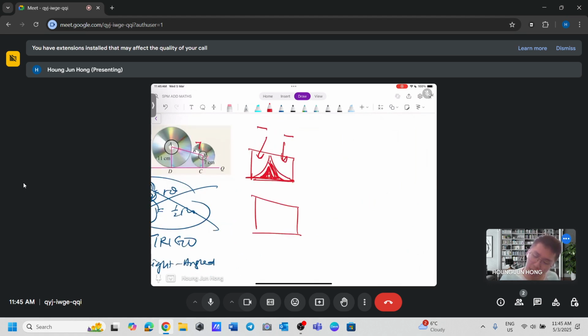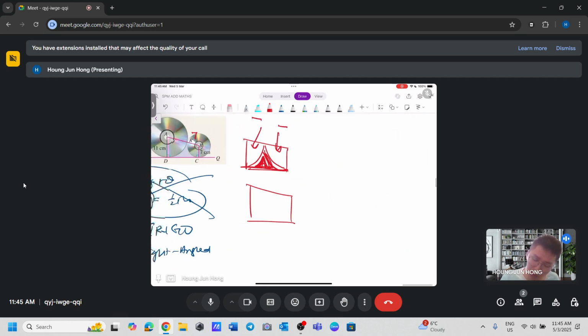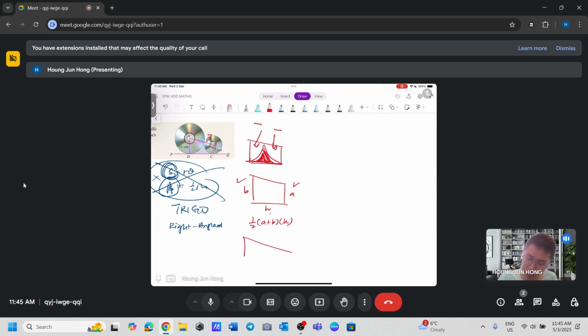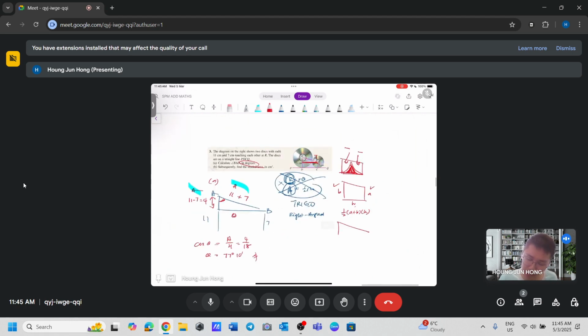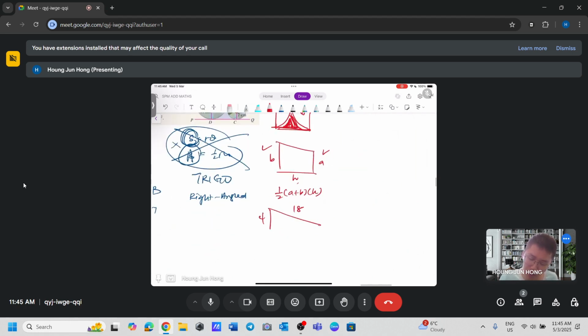Very simple. First of all, you need to know A, B, and the height. So half A plus B, height. We have A, we have B. How to find the height? It should not be very hard. The height is basically this length. If you remember just now, we had the triangle. We have 18 and 4. So what is this length? Just a simple Pythagoras theorem. 18 square minus 4 square, you should get